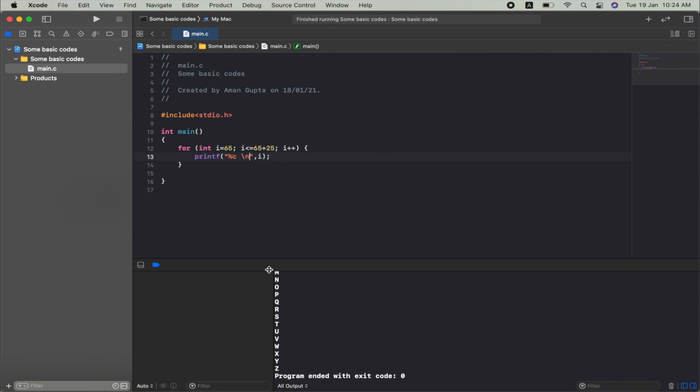As we have done this from capital A to capital Z, we will change a little bit here only, so you get the point what I am trying to say. So let's make the changes in this so that you can understand.